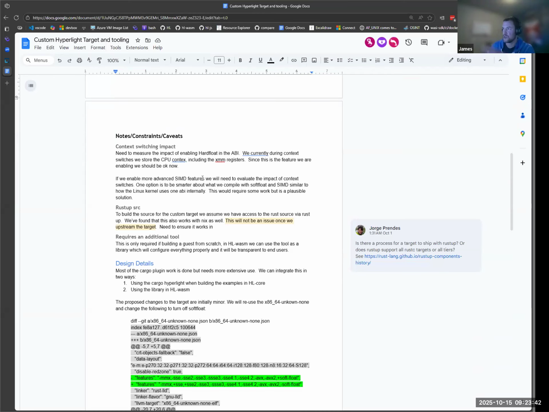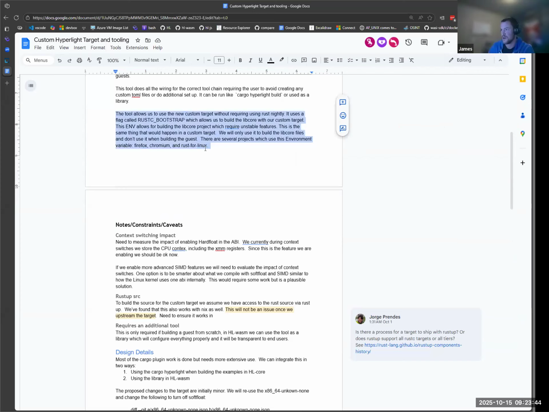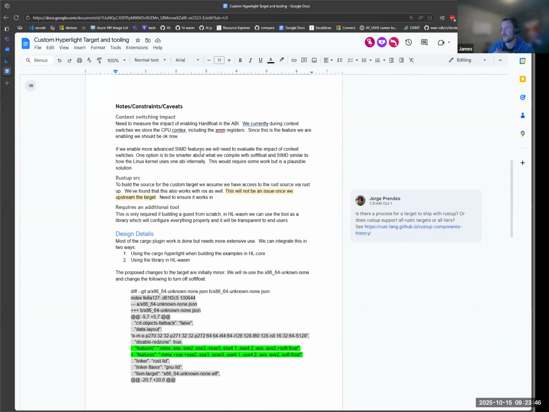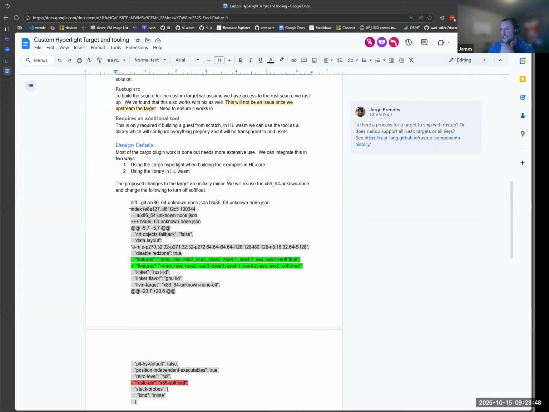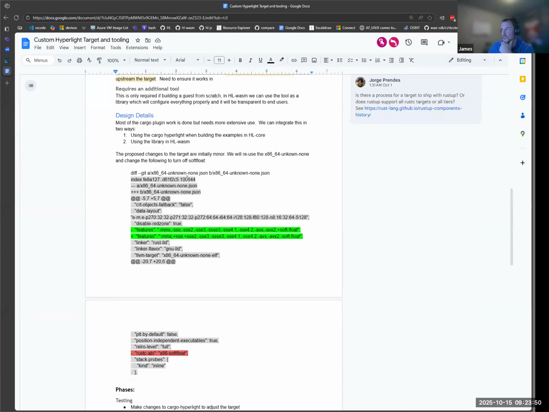Yeah, so it uses that environment variable. You can read more about it there. And then this is the change to the unknown-none target that I'm proposing: that we turn on the two SSEs.